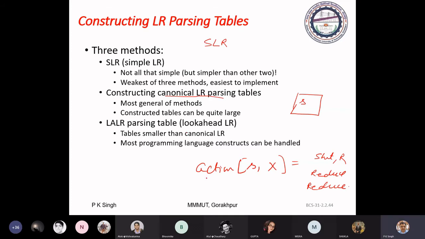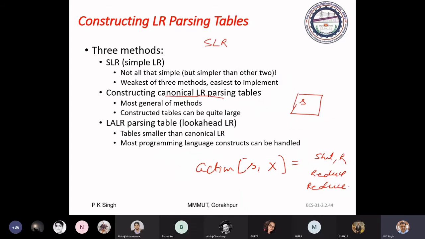The second type of ambiguity may arise, reduce conflict. Means you can get two handles on top of the stack. In that case, there is a reduce conflict. So this is called conflict. Ambiguity means conflict.